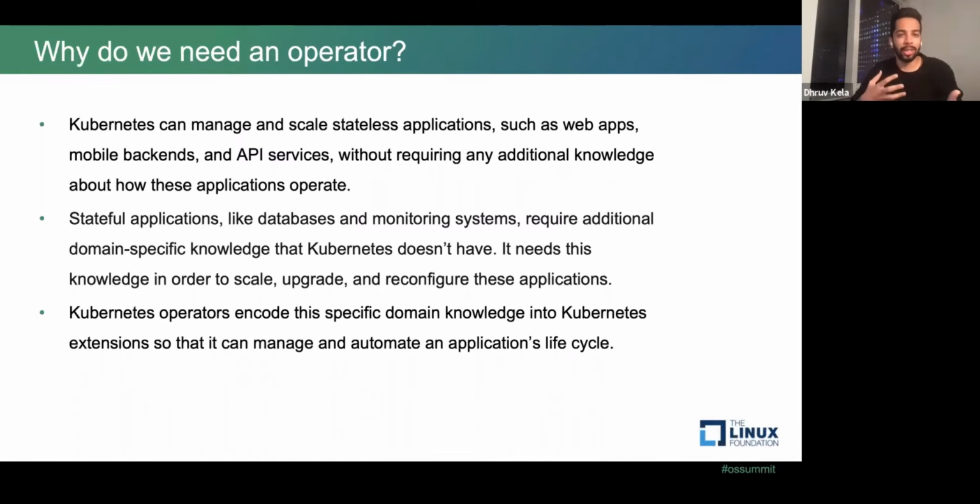So yeah, the next question is, why do we need an operator? Why can't Kubernetes handle this by itself? So Kubernetes could actually handle and manage applications by itself if they were stateless. Stateless applications such as web apps, mobile backends, API services, any application which doesn't require any additional knowledge about how you should be running these applications. But when it comes to stateful applications, for example, a MySQL instance or monitoring systems, databases, it requires additional